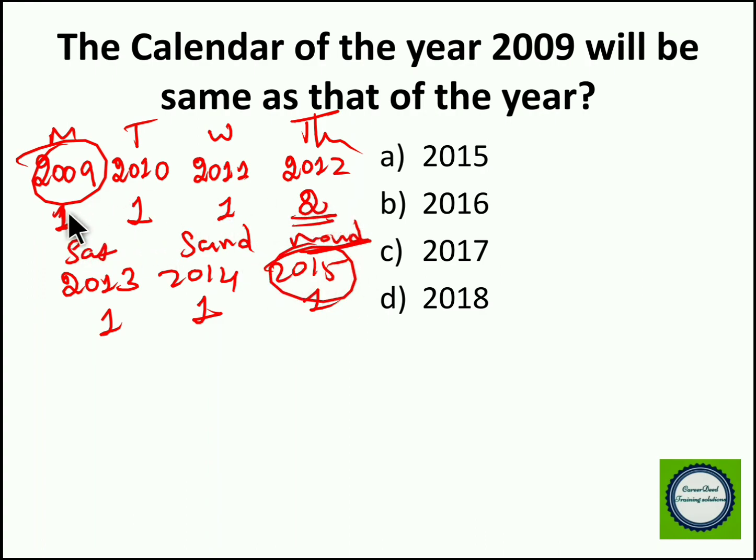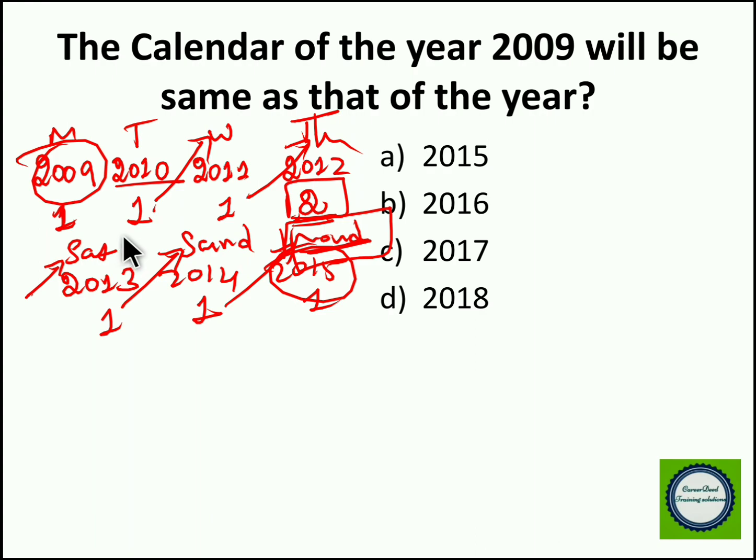days, right? So here you got 1 odd day. So in the consecutive year you will be getting Tuesday. In 2010 also you will get 1 odd day, so it will be Wednesday in 2011. In 2011 you get 1 odd day, so it will be Thursday in 2012. In 2012 you have 2 odd days, so you get 2 more days extra. So that will be Friday and Saturday. So Saturday will be on 2013 January. So in 2014 you will be getting Sunday. So in 2015 again you will be getting Monday. So you can use the same calendar of 2009 in 2015.